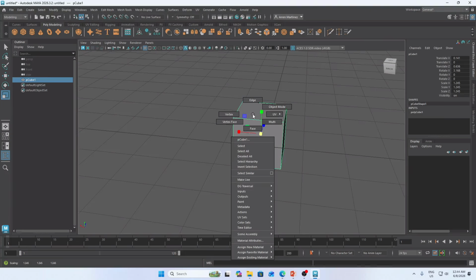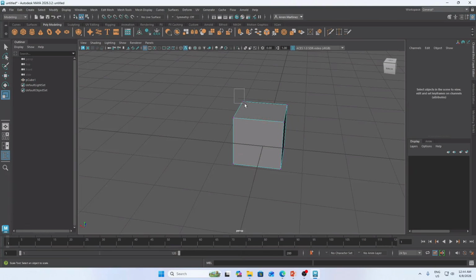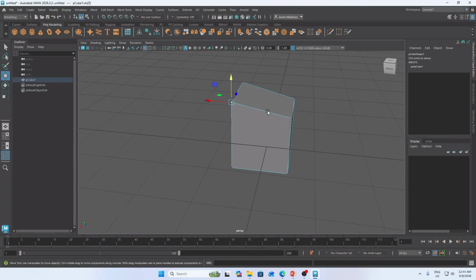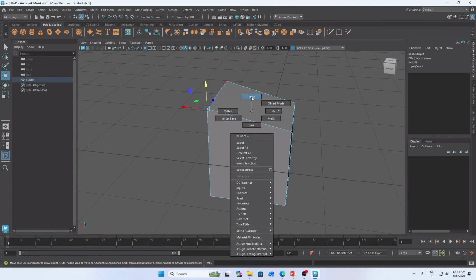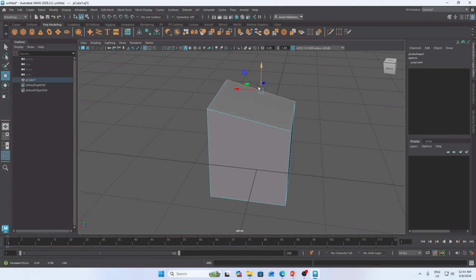Hold the right click, don't release it yet, and switch to any selection that you want. Vertex, you see we have different nodes. If you want to switch into edge selection, hold right click, switch to edge. What if you want to switch into face selection? Right click and face. So that is what we call the component mode.